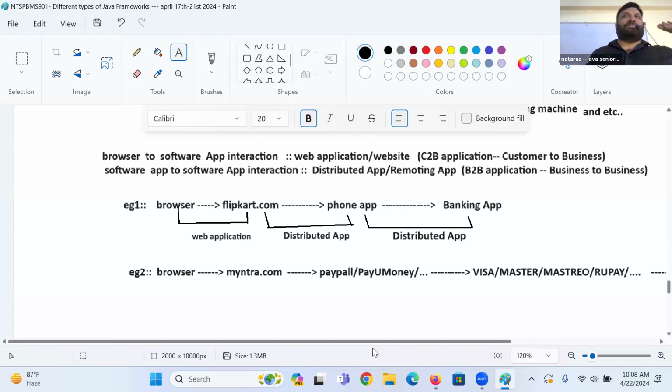Bank application server means Mumbai location. Visa, Master, America, Dubai, this kind of places. Payment broker, Bangalore, Delhi kind of cities. E-commerce application servers will be there in what? Okay, Mumbai kind of thing. And customer will be there in your village. Your village to Mumbai to, come on, New York City to, come on guys, Mumbai City. This much interaction is going to complete within 30 seconds to 1 minute.